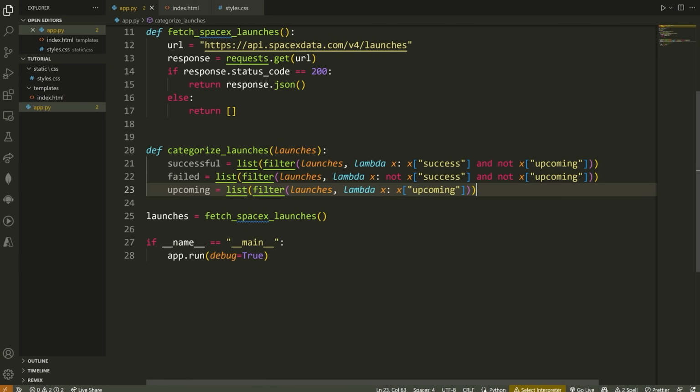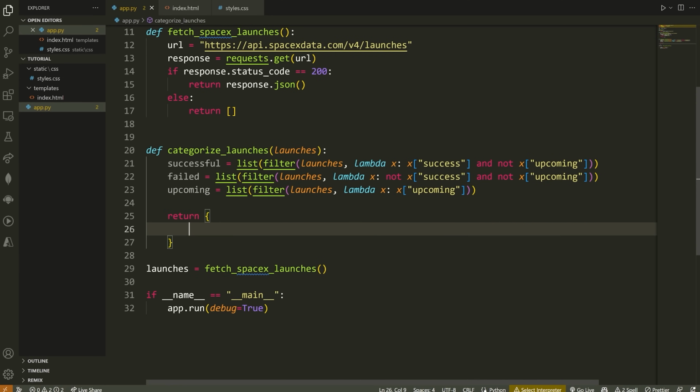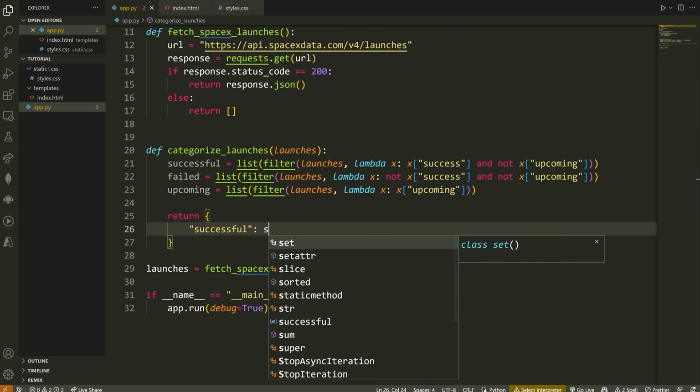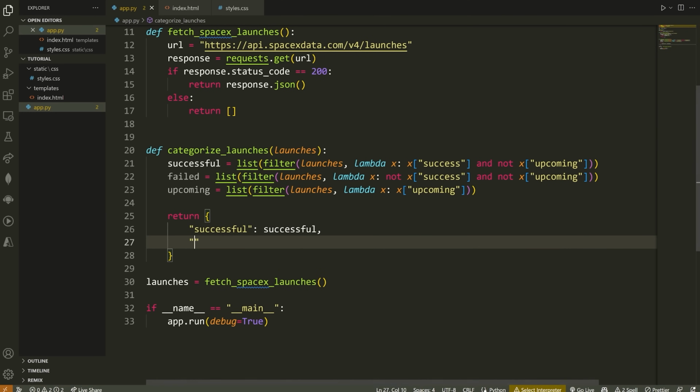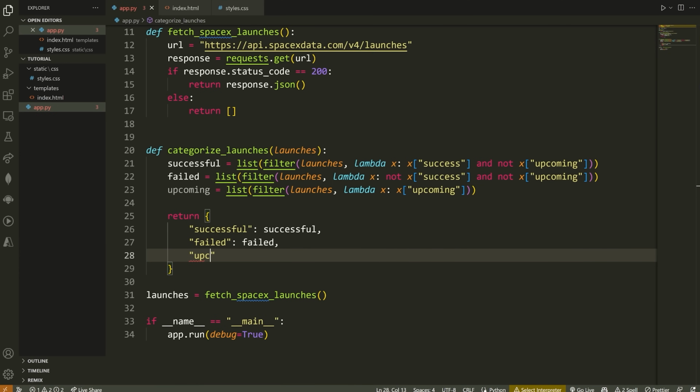So if it's upcoming, then this means it's, well, upcoming. Okay, then we're going to return a Python dictionary here, and we're going to say successful is equal to successful, failed is equal to failed, and upcoming is equal to upcoming.